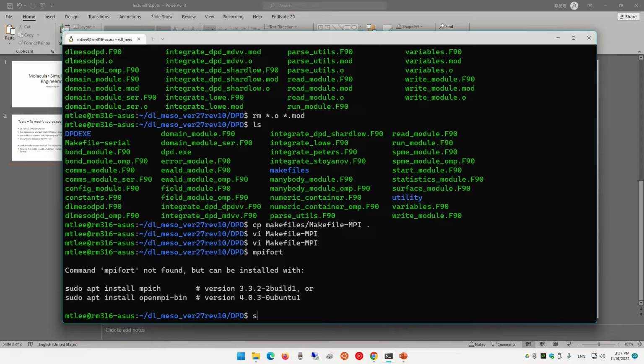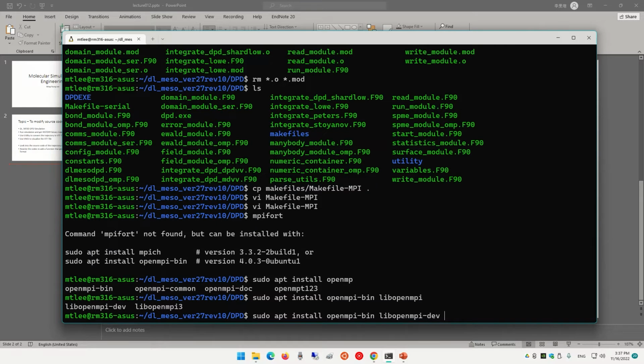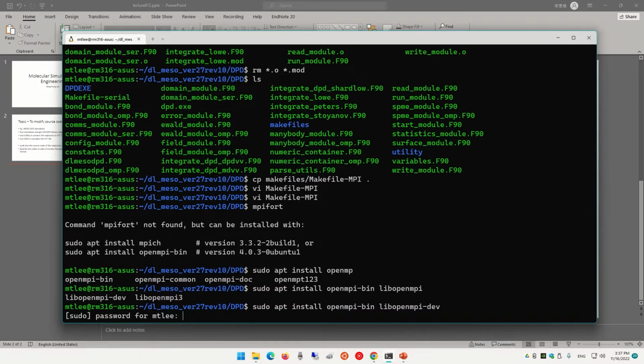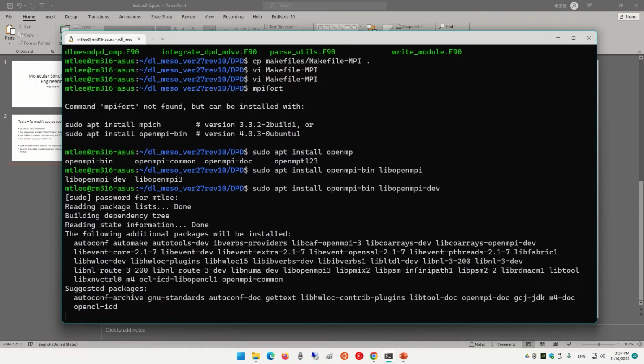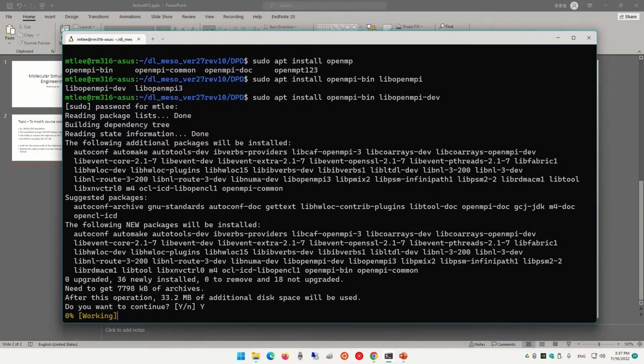As I know what this is, I just go ahead and install OpenMPI, and you also need to install the OpenMPI library. We need to respond to the prompt and install everything we need, which may take a while.